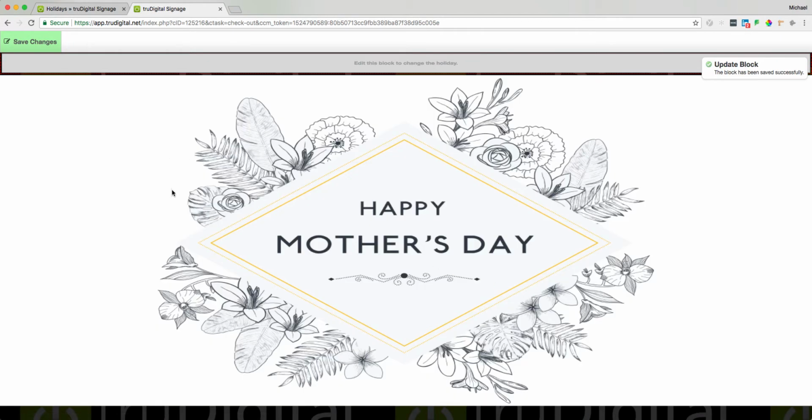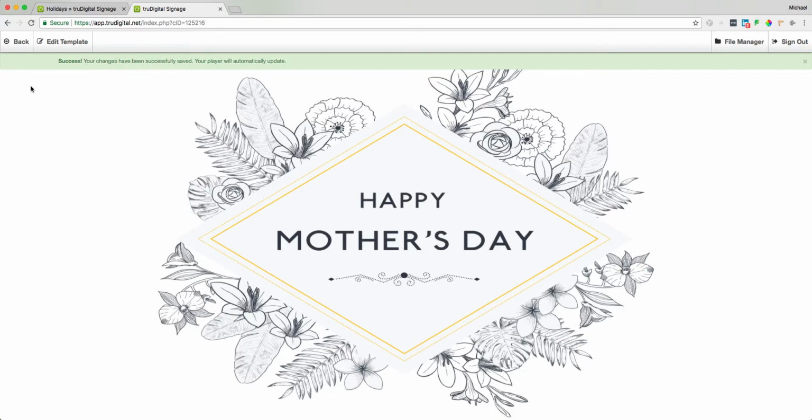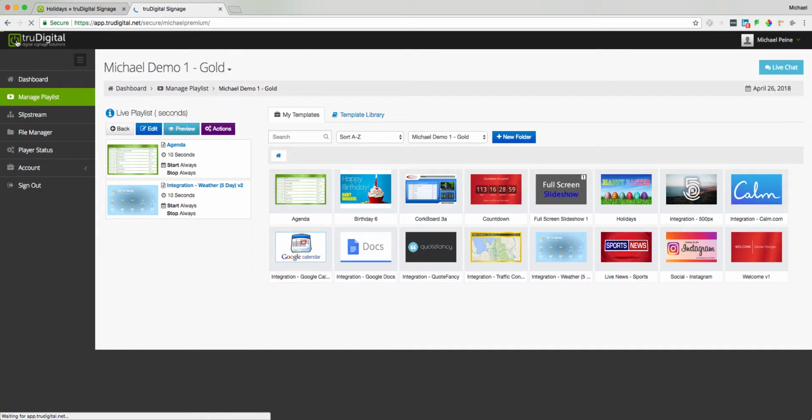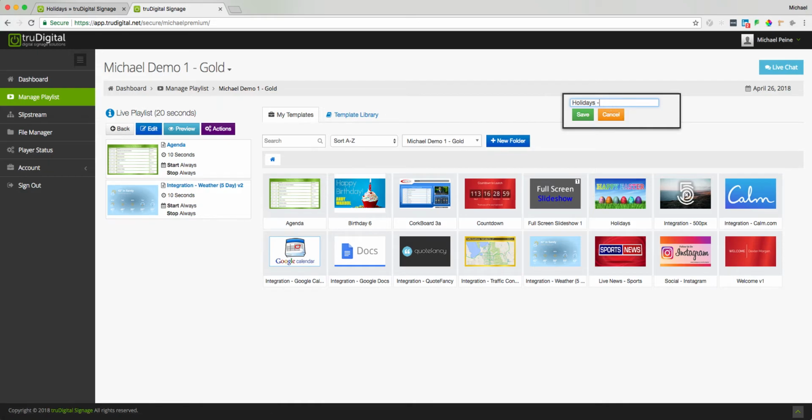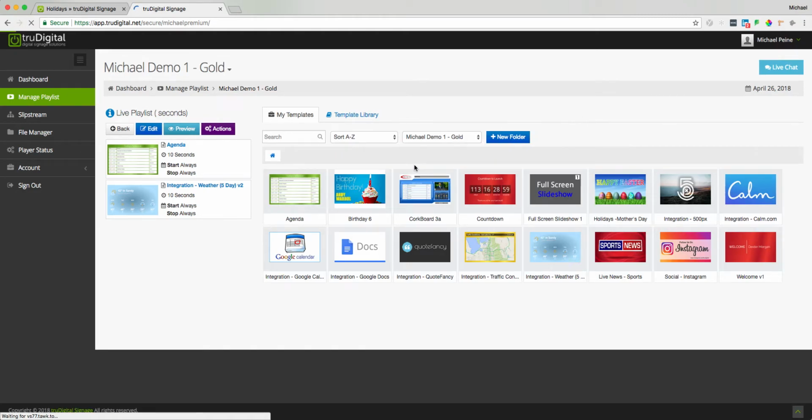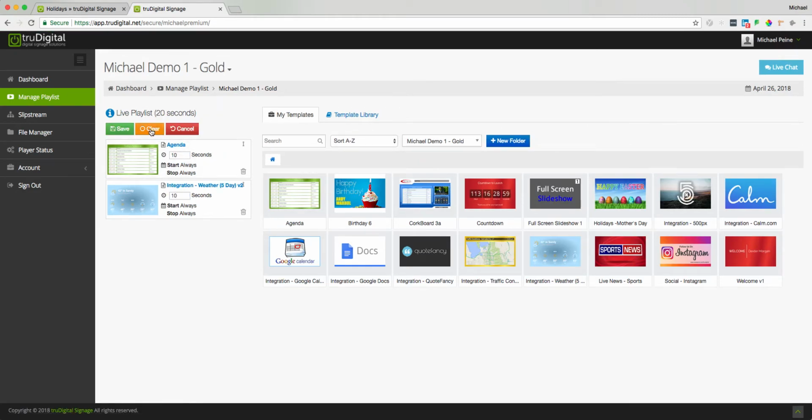and then I'll see a preview of what this looks like, and then I can click Save Changes to save that version. Once I do, then I click Back. Now I would certainly rename this template just so you know exactly what you're working with. So I'm going to say Mother's Day, then I'll click Save, and then I'll click Edit under my live playlist,